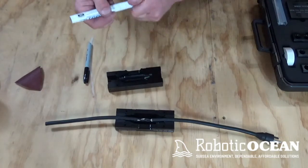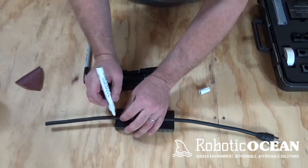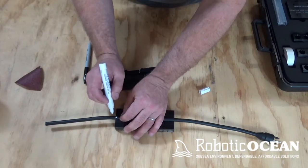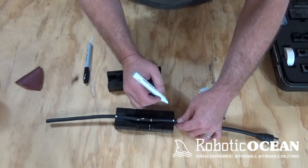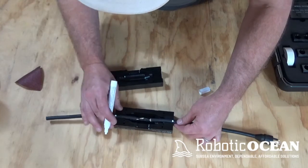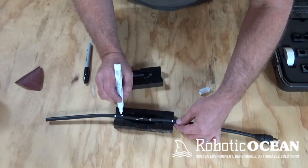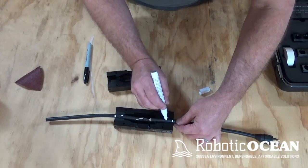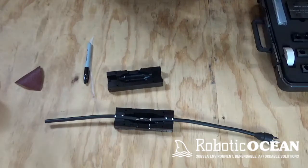So you can go ahead and look at this, and I like to use a white paint marker, and I say, okay, this is where my cable should be in the mold. And then I look here at the adapter and I can see right there, this is where the epoxy is going to come to. So I come to those two areas right there, right? So now that I've marked that,